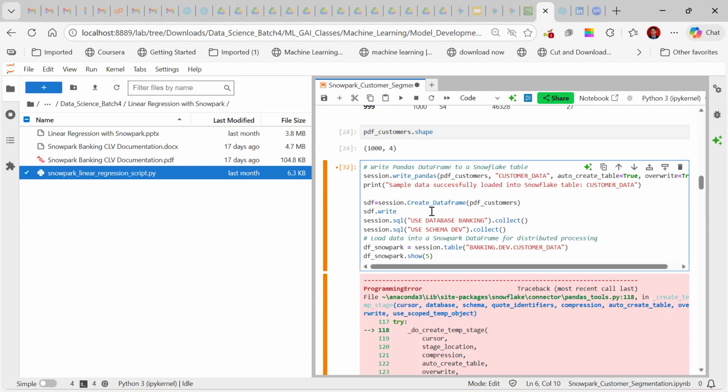Yeah, we can try dot write dot mode. Both are the same. Write dot mode, then just pass that. After that, we can pass save as table. We just need to pass override. Bracket, single quote override, yeah. Then dot save as table.